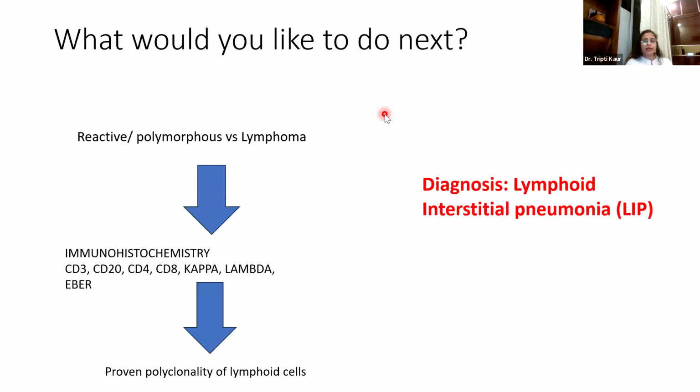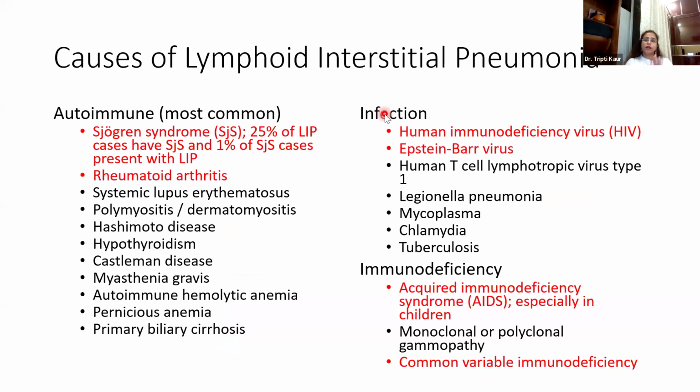So it is better to term it as lymphoid interstitial pneumonia and tell the doctor that please put him on a follow-up because these cases are prone to convert into a lymphoma later on follow-up. So these are the causes of lymphoid interstitial pneumonia. Very important autoimmune causes: Sjogren's, rheumatoid arthritis, and a whole set of other etiologies. HIV and Epstein-Barr virus, remember. All these red things, please remember because these will help you to write your answer in the exam.